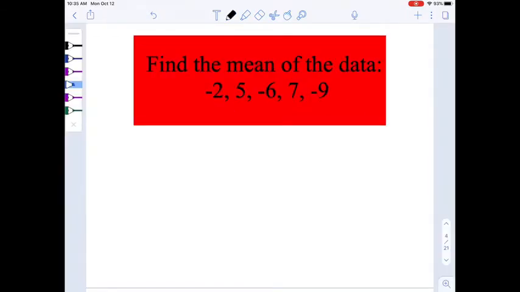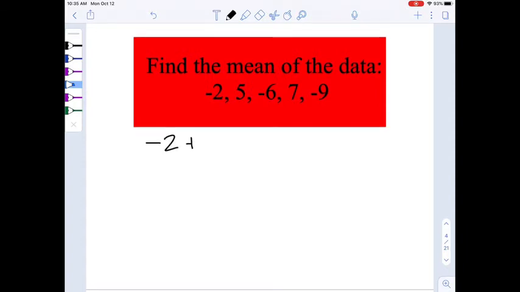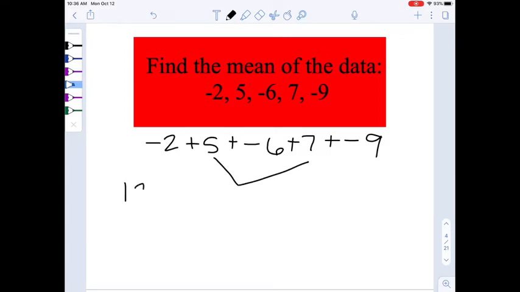This next problem says to find the mean of the data. Remember, to find the mean, we add up all our numbers and then divide by how many there are. So we're just going to add up negative 2 plus 5 plus negative 6 plus 7 plus negative 9. Then I want to see if there's anything that can cancel each other out, those additive inverses. In this case, there isn't. So first I'm going to add together my positives, 5 plus 7,